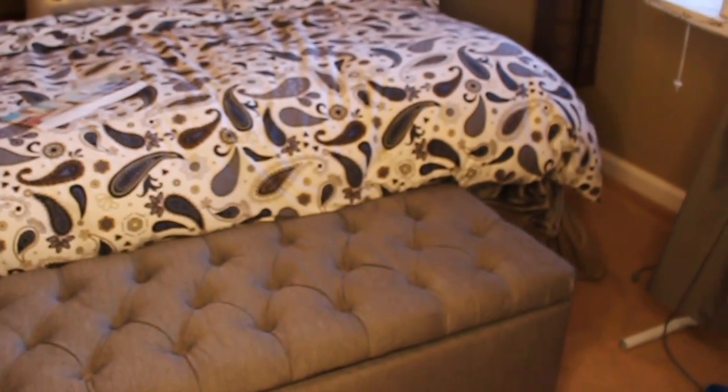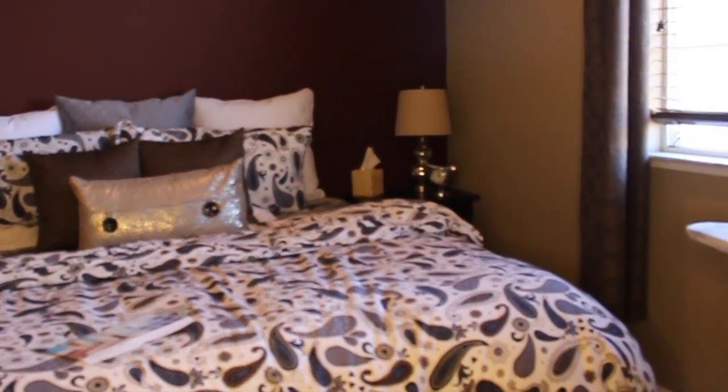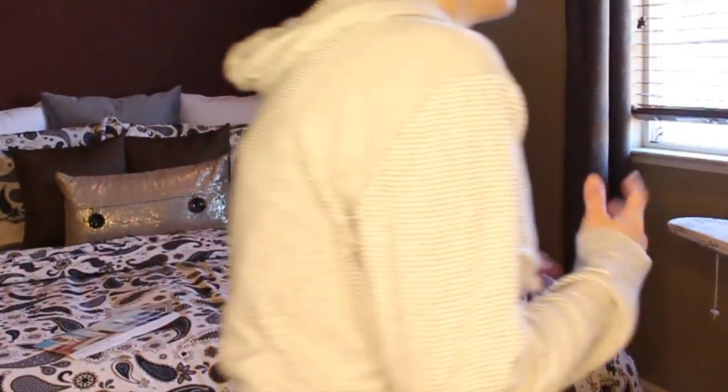You guys know what my comforter looks like, and my pillow setup, and I'm sitting on a gray storage futon or gray storage bed. I'll just show you, okay? How about that? So you guys can get the whole idea. See, that's what it is. Like our ironing board. Yep, that's nice too, huh? So anyways, I want to